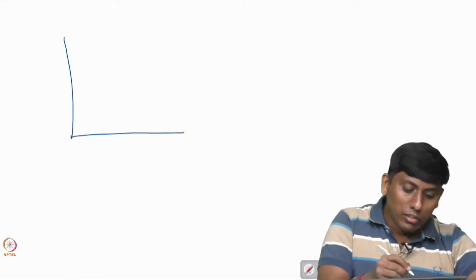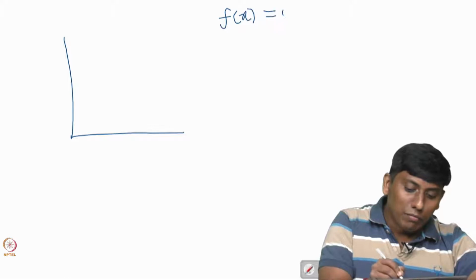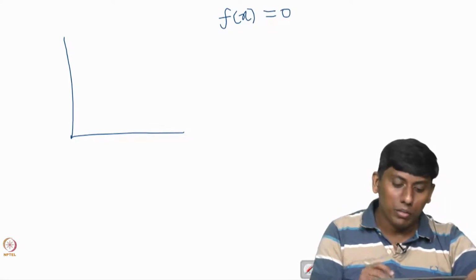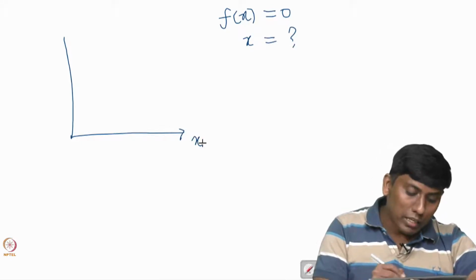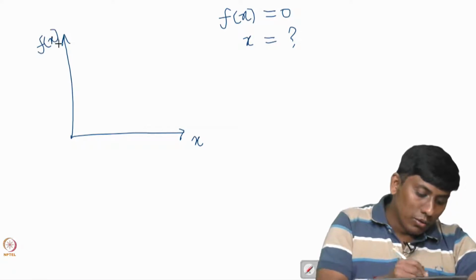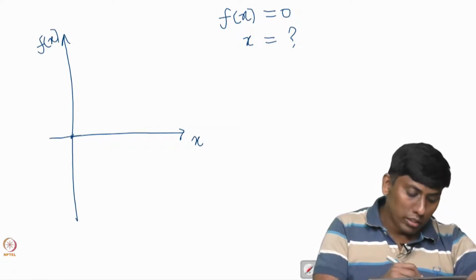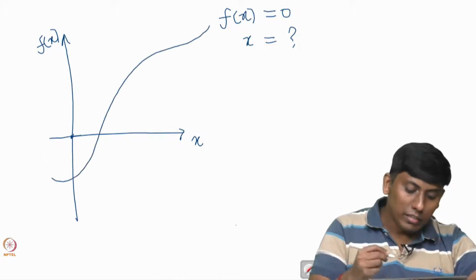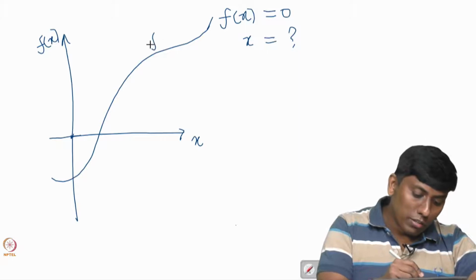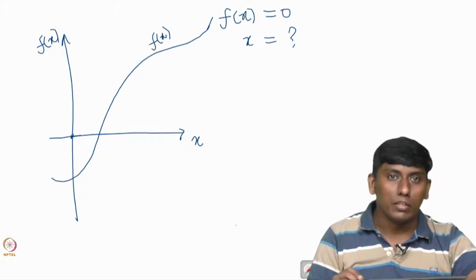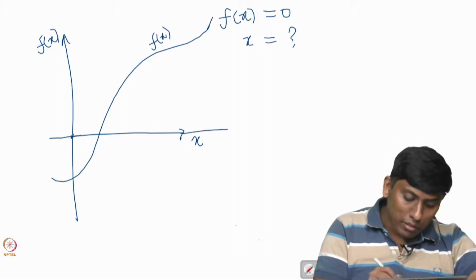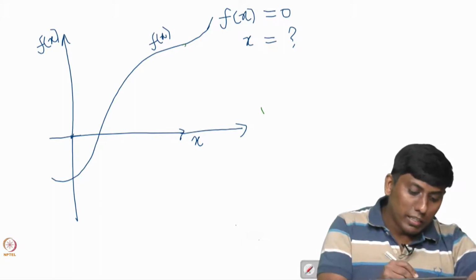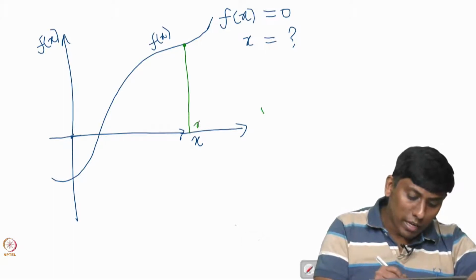For seeing that, I am going to show one thing. The Newton-Raphson method mainly comes from this: if f of x equals 0, can I find the solution x? For that we take a plot of x versus f of x. This is your function of x with respect to x. Now I am taking a random point, which I call the initial guess, x guess.